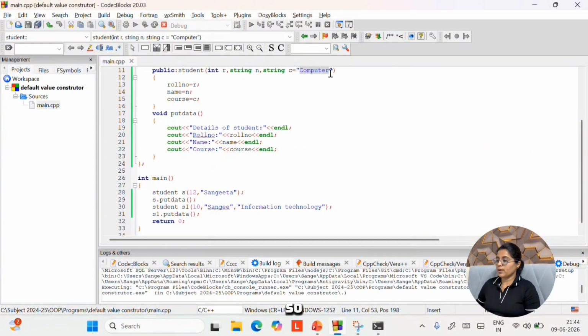So when I am not passing anything for the parameter, the default value will get displayed. If I am passing a value, this new value will override it. So on the output screen, you will get the new value. Clear?